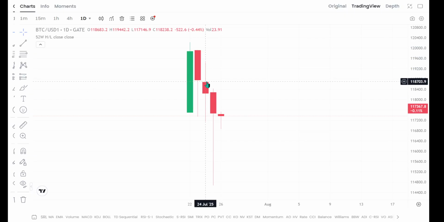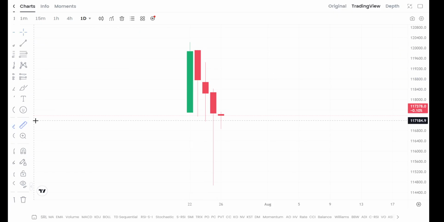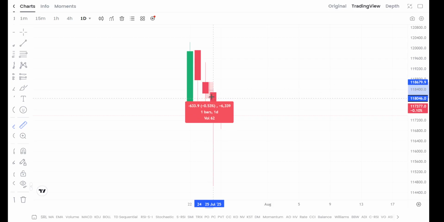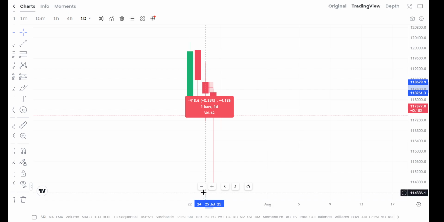Next, let's see in this candle. This is another bearish candle. And in this candle, the market price also went down. Let's see. The market price of Bitcoin opened at 1,18,679.9 USDT. The market price went down and was closed here. So the market price on